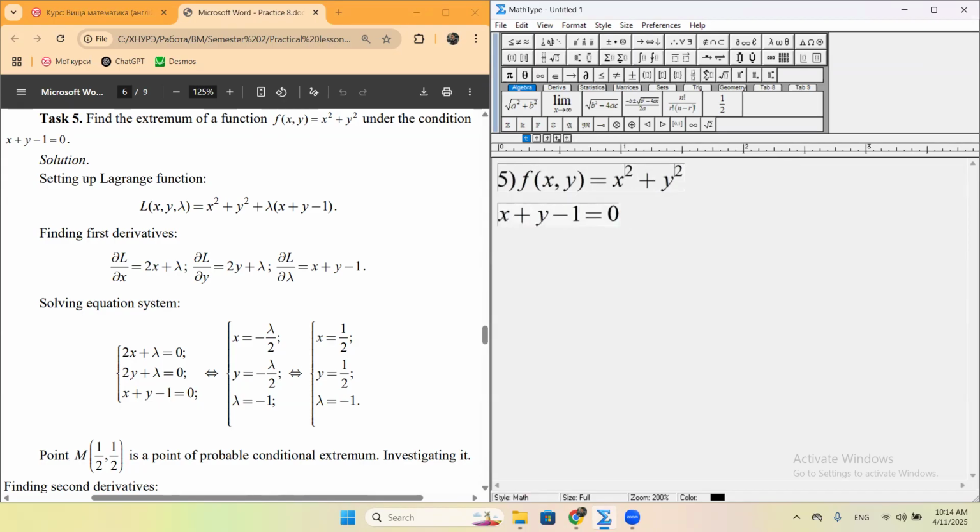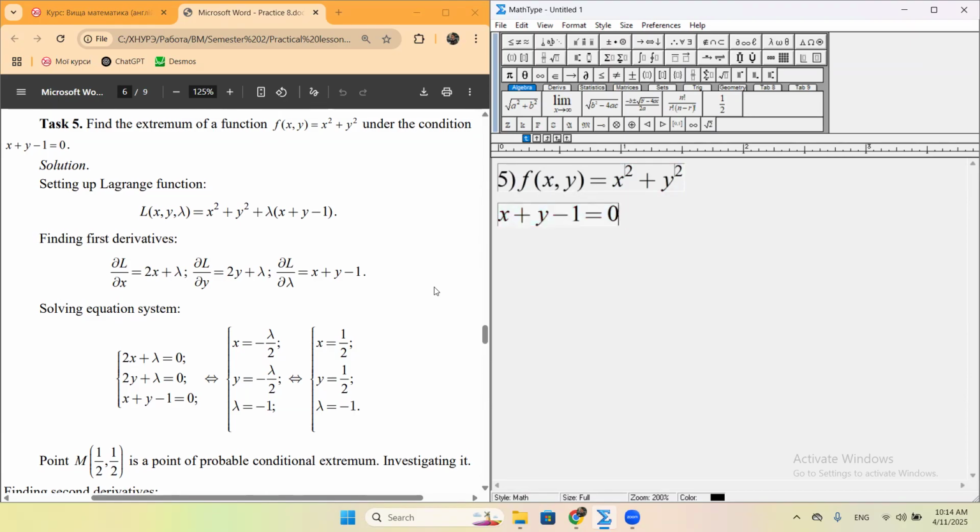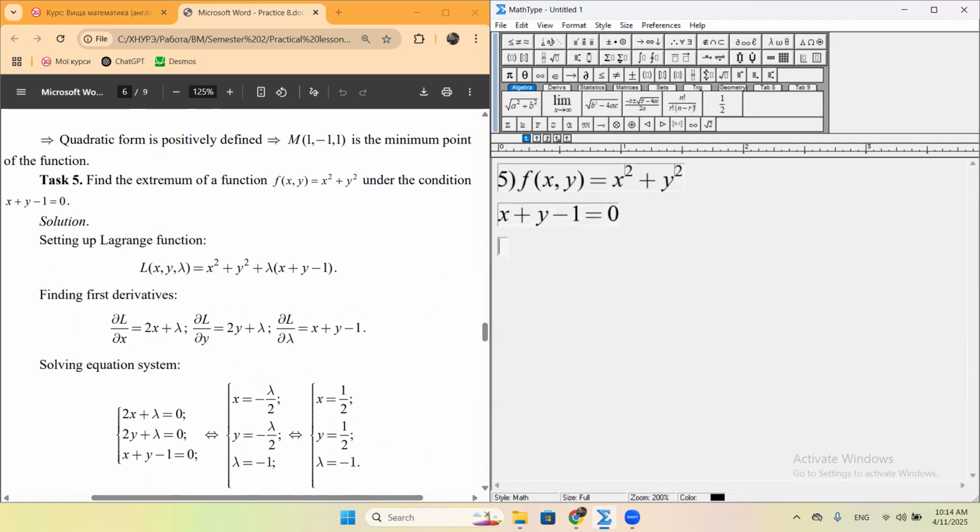So what does it mean? We have to find the extremum of the function on this straight line. Actually it could be a curve, but we have to find the extremum on this straight line. So how to do it? We will use the method of Lagrange